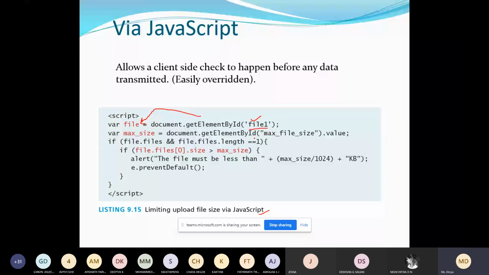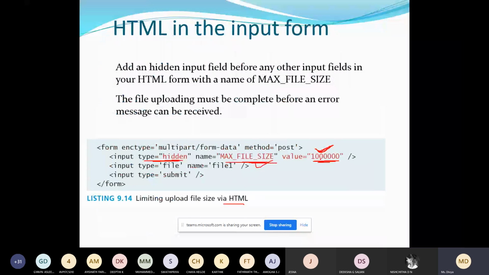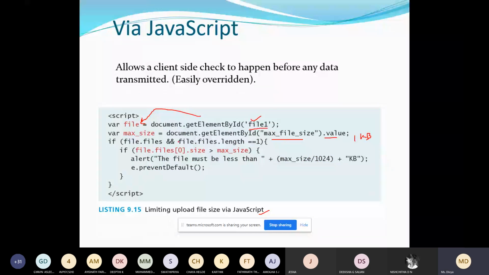Then check the file size. getElementById maxFileSize, where is it? Here it is. Get the max file size dot value. What is the value here? Let us take it as 1 KB, just an example. That will be stored in the variable max size.